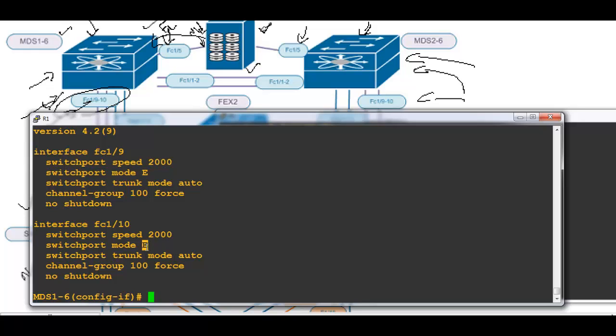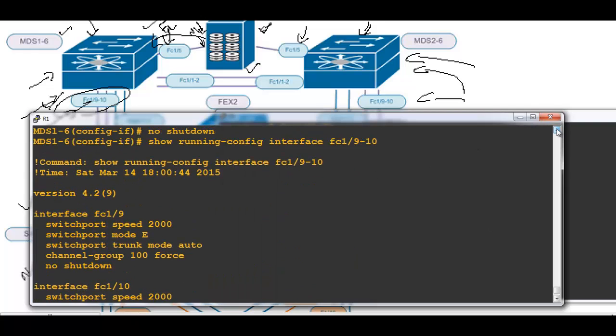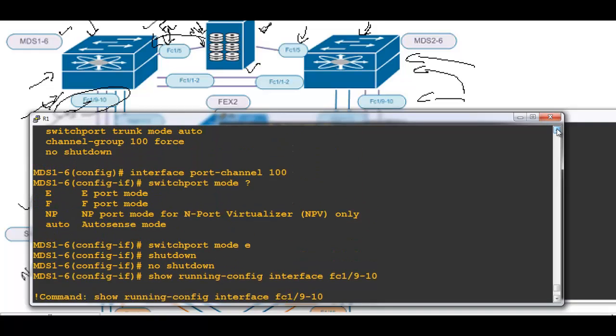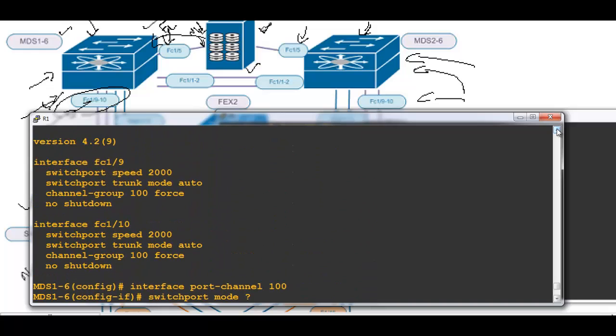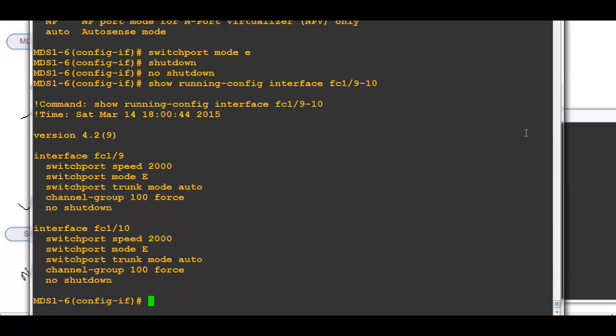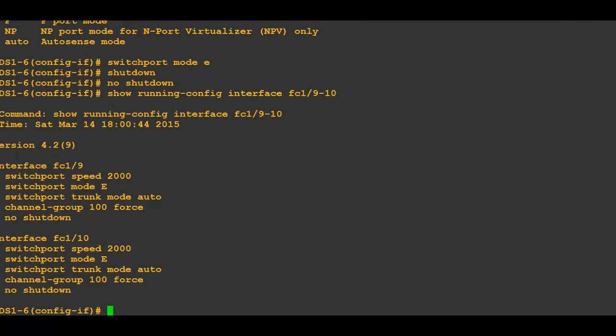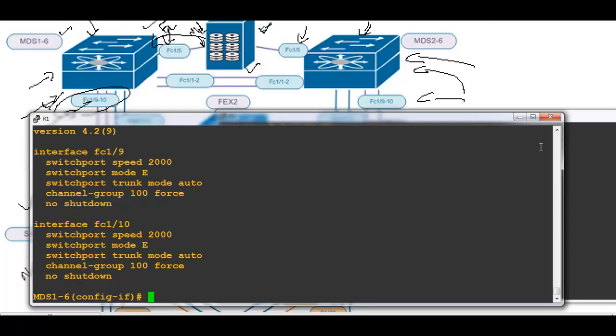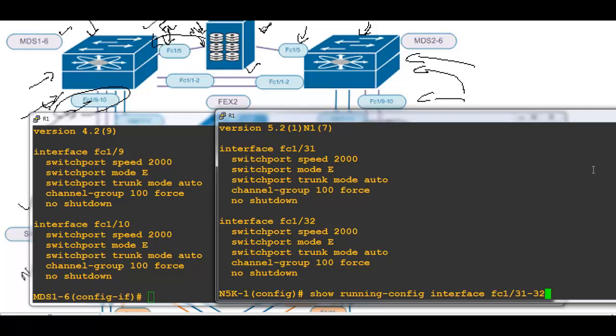Sometimes it will not automatically detect. It was nothing. You want to see the previous one? Yes. No, it is good to see. You see, previously it was like this. And I didn't go under the interface. I went under the port channel interface and then I gave E. Alright, now let me